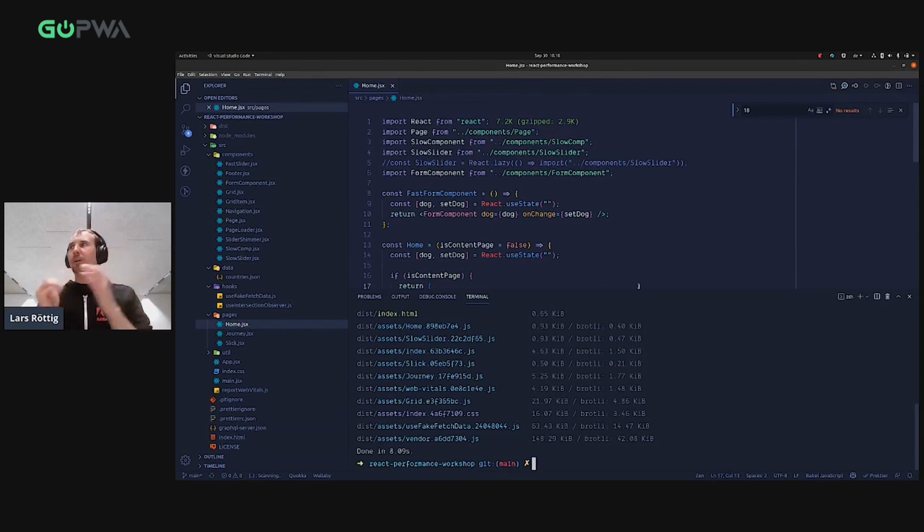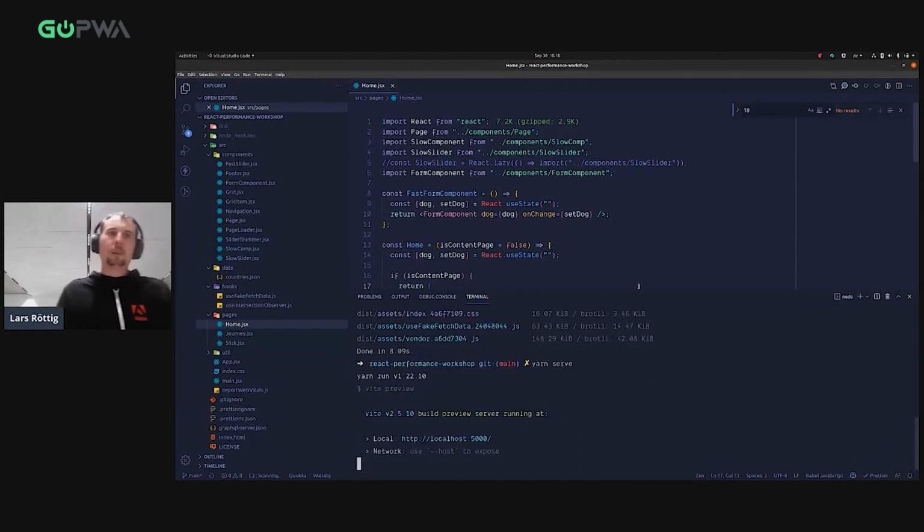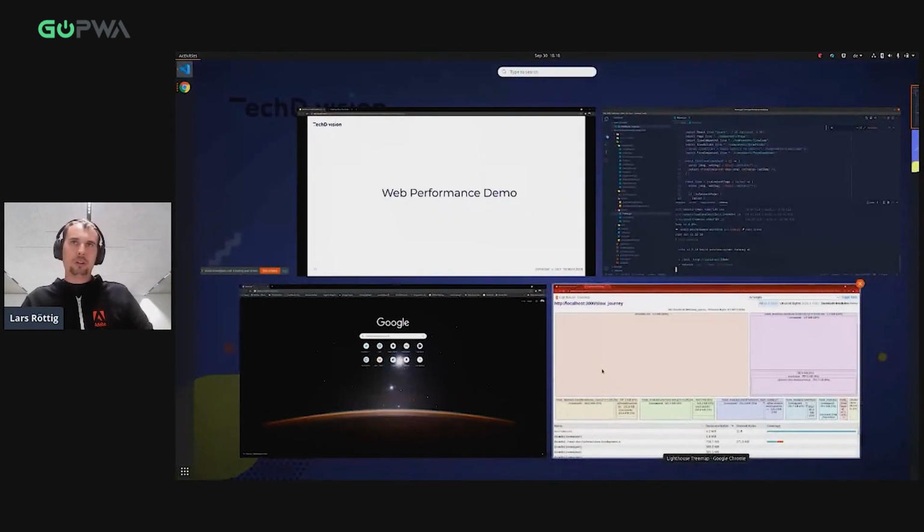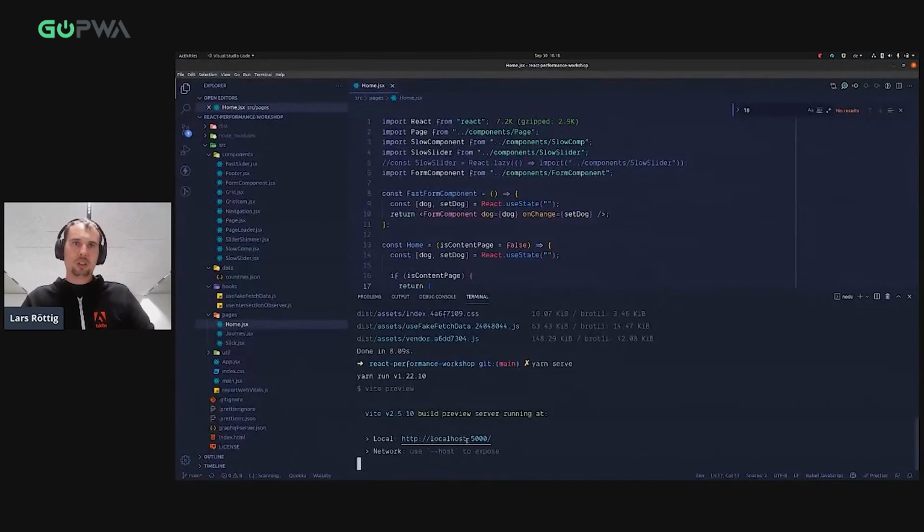Some developer dependencies get injected by React, like tools that help you analyze React performance. And now if I run yarn serve, sorry,